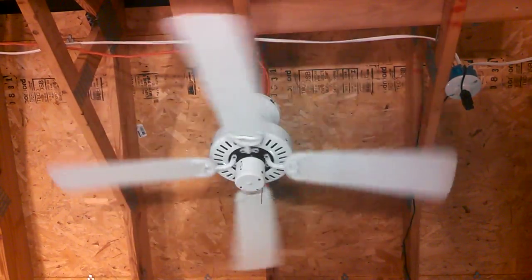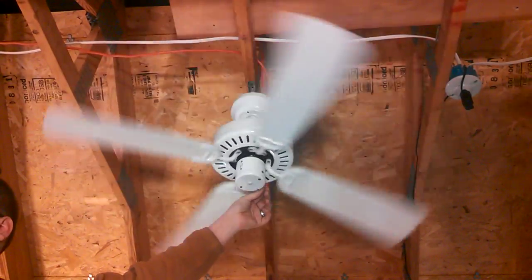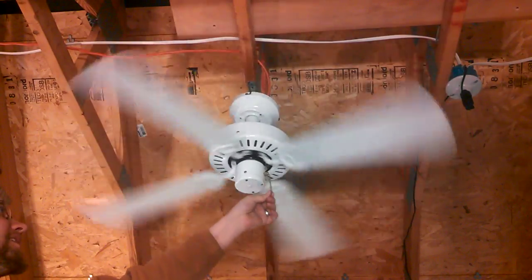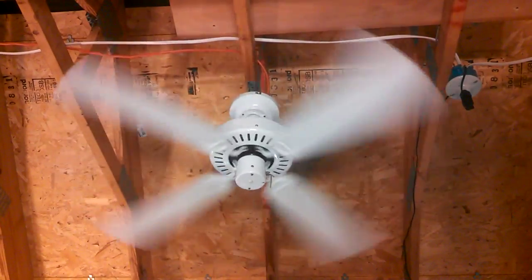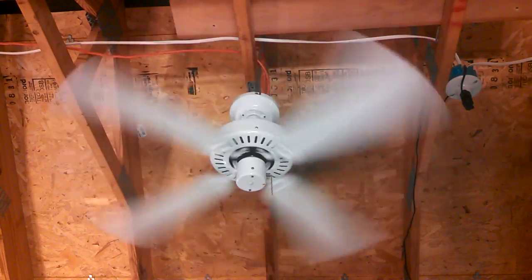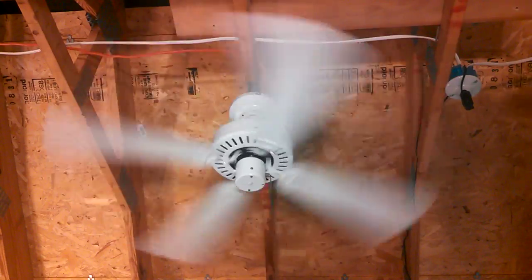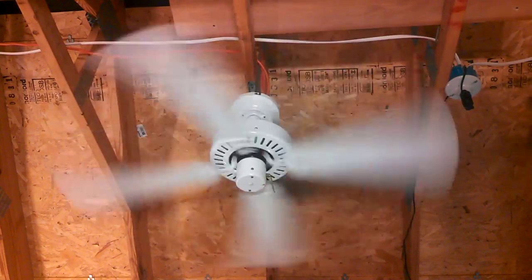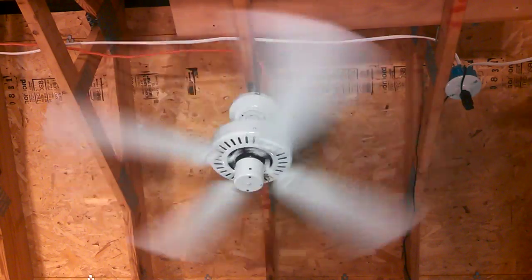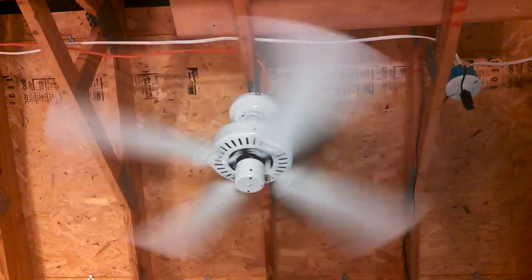Low reverse, 0.15. Was that the same as in forward? Do you remember? It was 1.415. Yep, that's what it's doing. It's flopping, to use the metal term for it. 0.24 for medium. It's identical. It's supposed to be identical, because remember I was telling you with the camera off about the two different types of permanent split capacitor motors. This is a type that has a dedicated main coil and a dedicated aux coil. So there's literally no reason why it would draw a different amount of current in reverse unless...